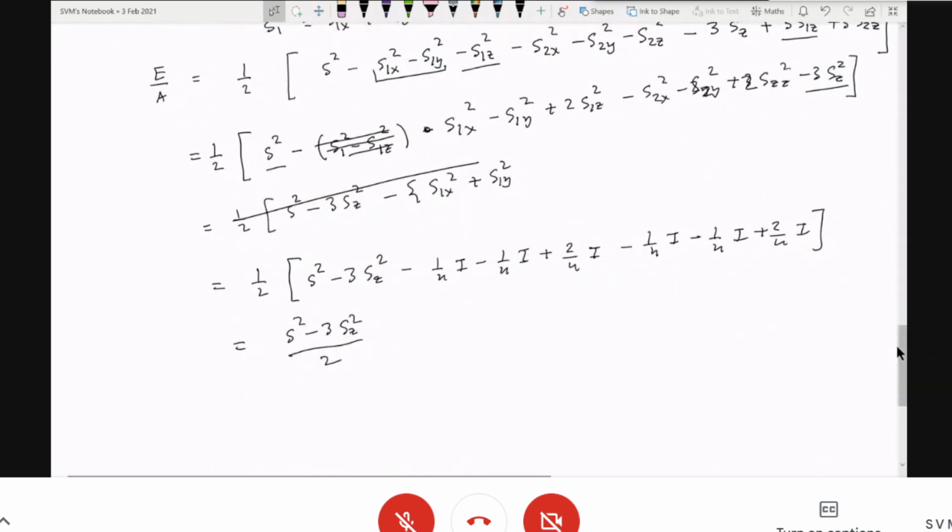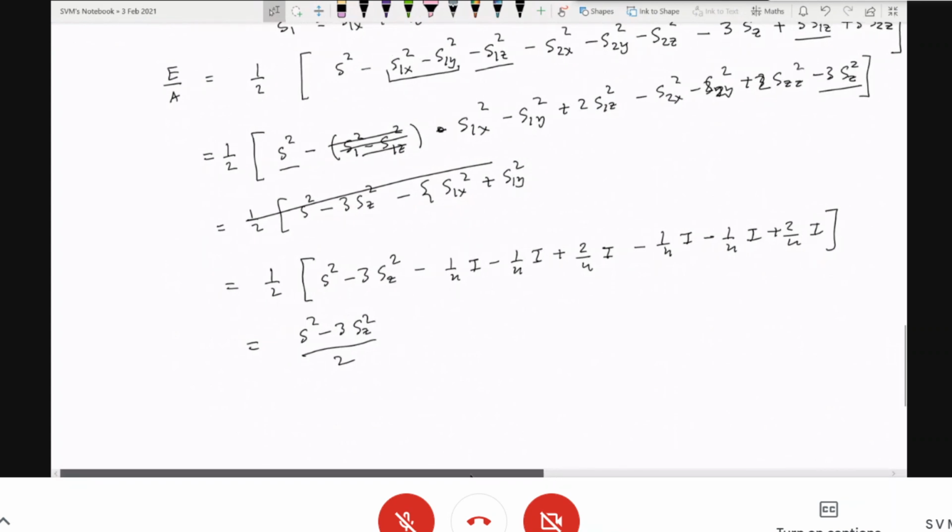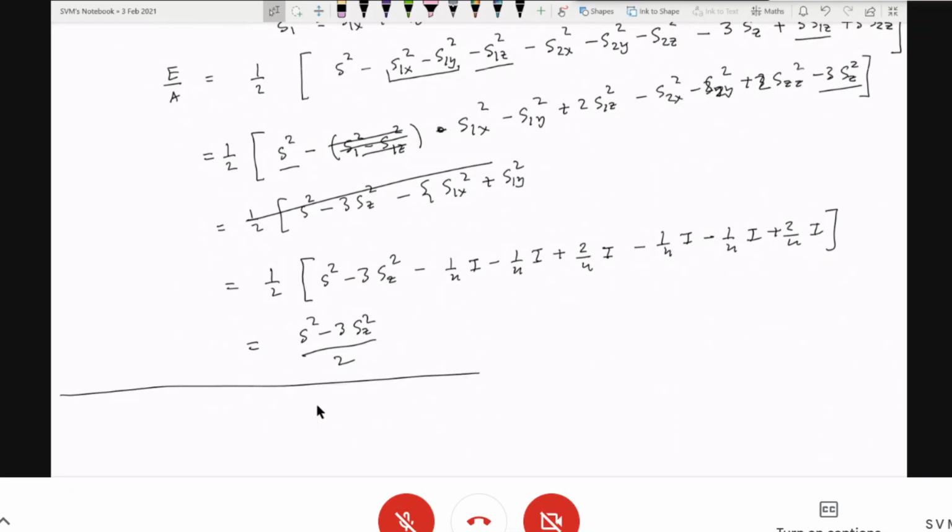I have mentioned this problem because I'm not very comfortable with spins. Questions on spins, I find it difficult to tackle. This is essentially what we discussed when we talked about addition of angular momentum. Yes, sir. When we add them, then we have to convert in terms of the total spins.